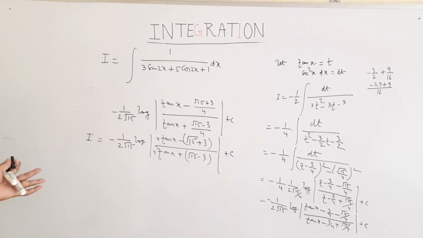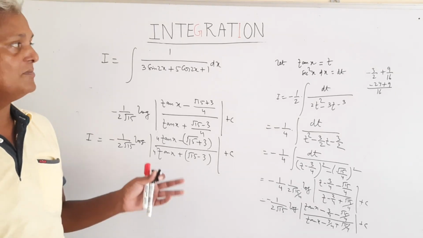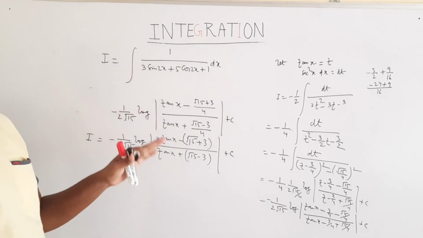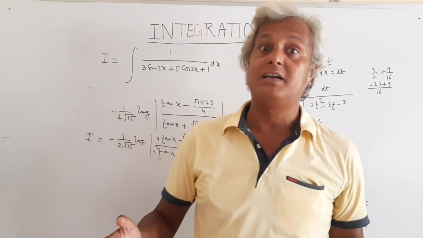So this is all about these kinds of forms, and in the next video we'll take some other forms, where at the place of cos 2x and sin 2x we'll have cos x, and instead of going into this form we'll go into the sub-multiple forms.